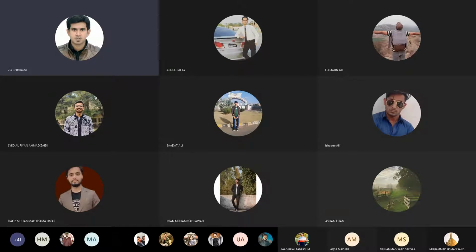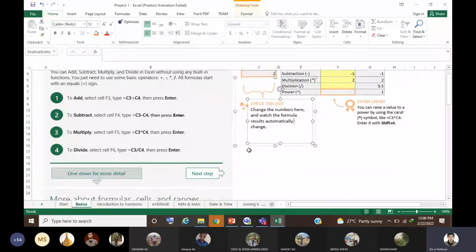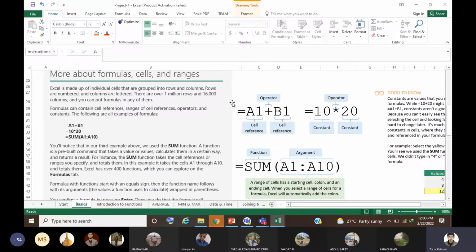So these are the different basic formulas you could apply. To see that, first you have to enter the equal sign, then a cell reference, then an operator, then a cell reference. These cell references act as values. Whatever value is written in A1 would be taken by Excel as a value, and whatever value is written in the other cell, Excel would take that value and apply the operator that you have put in between. Like A1 plus B1 means A1 plus whatever value is in B1.